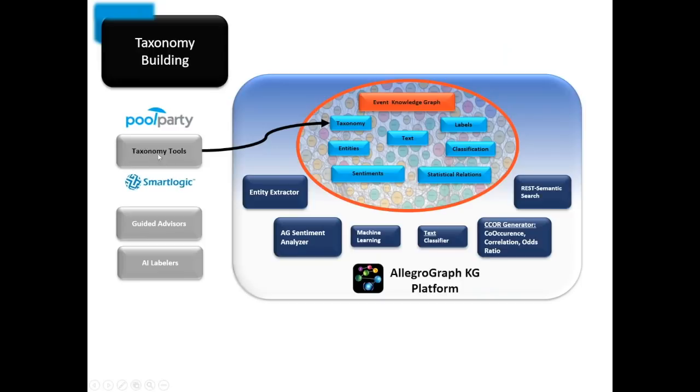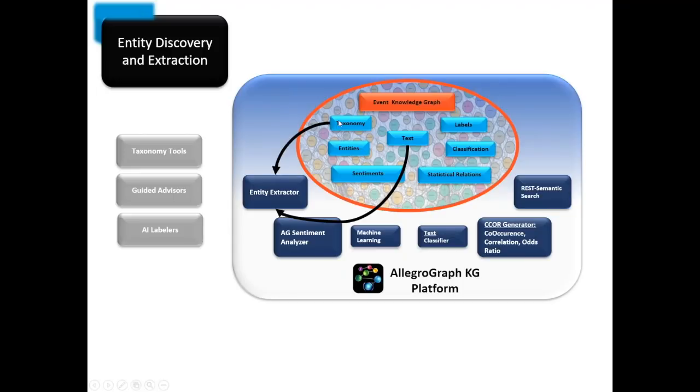So the first step, what I talked about so far, is that we build these taxonomies in external taxonomy tools, and then at regular intervals we export the taxonomy, usually built by a group of people, into the knowledge graph. So now the knowledge graph has the text and the taxonomy. Then the next step is that we can take the taxonomy and the text, feed it to the entity extractor, and now we get entities. So now we know that this particular chat talks about the RV32, or that this particular chapter in the book talks about Nelson Mandela. Yeah, so that's the first step.